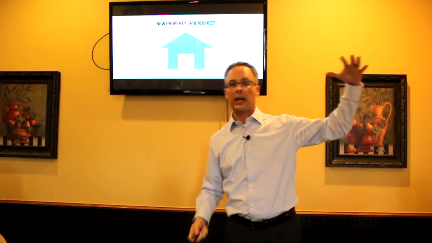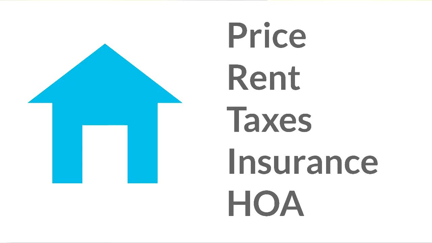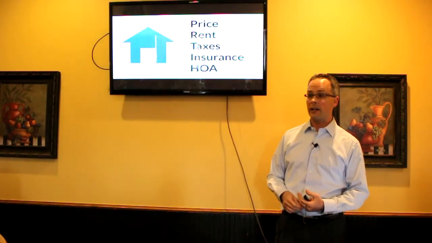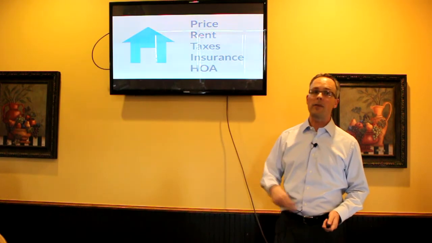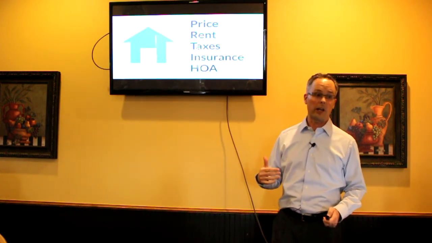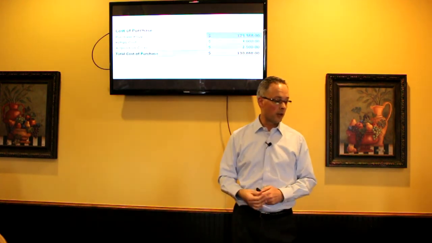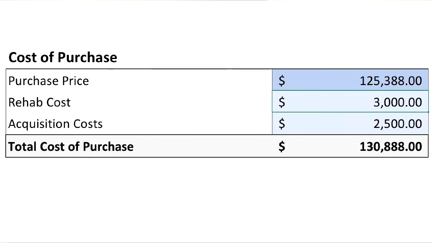So once I have filled out most of this, there's only 5 pieces of information I need to analyze a new property. Price, rent, taxes, insurance, and HOA. I can just look at one after another, and they take about 2 minutes each, and I can fly through a lot of properties. Okay, so just to zoom in on the spreadsheet here, because I know that you can't read that,